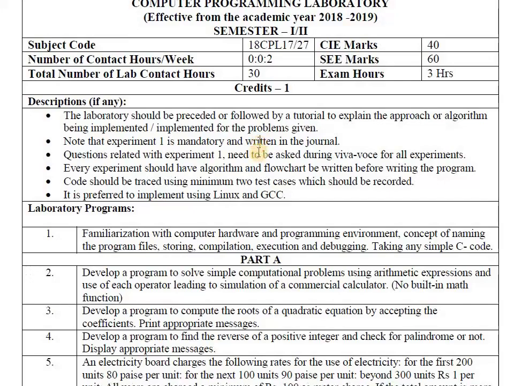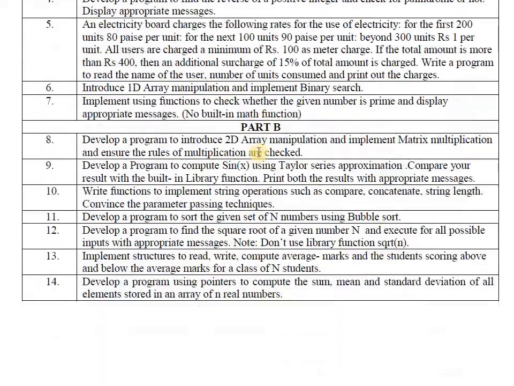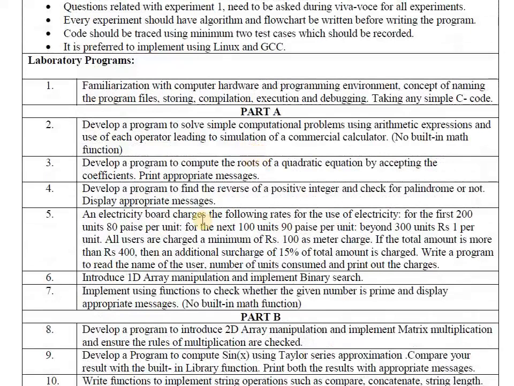In today's lab, I teach you the last experiment from part A, that is the 7th experiment from part A. That means in today's lab also, you are going to write one C program, that is to develop one application software. You develop one software that takes one number, and that software will tell us whether that entered number is prime number or not prime number.